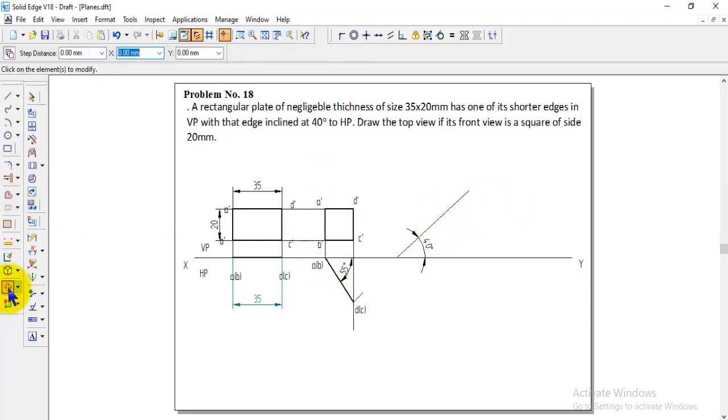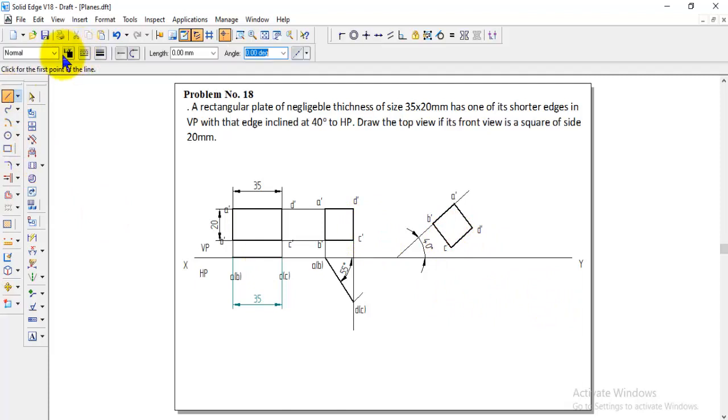So go to move, switch on the copy, hold the control, select all these edges. You can go to point A dash, pick it and place it on the 40 degree line, and then go to rotate, select this object, everything, then make this A dash the fixed point and this B dash the rotating point. Make sure it comes on that 40 degree line, and then move the names. This is A dash and this is B dash, D dash and then C dash.